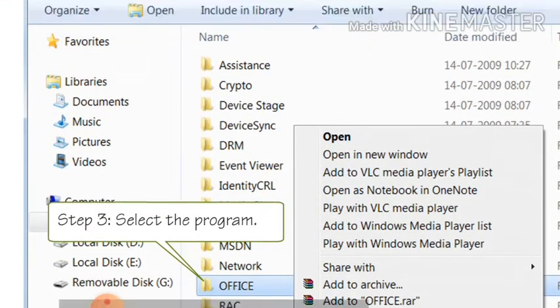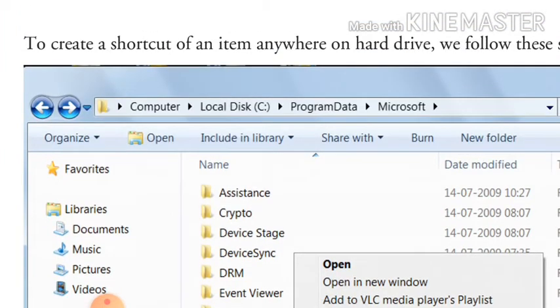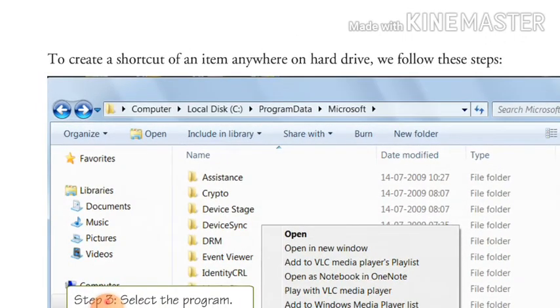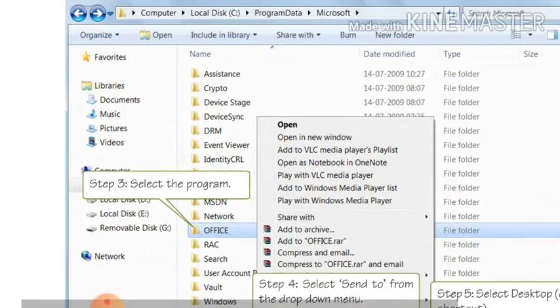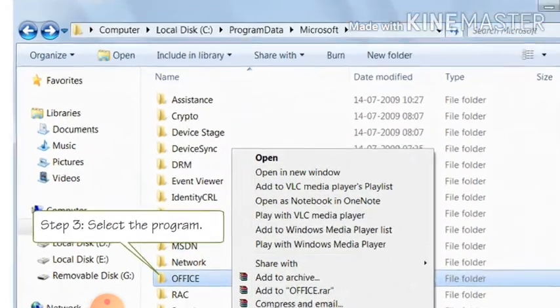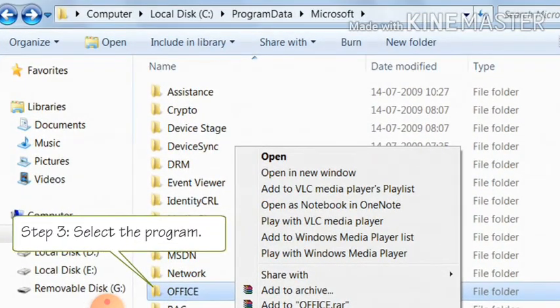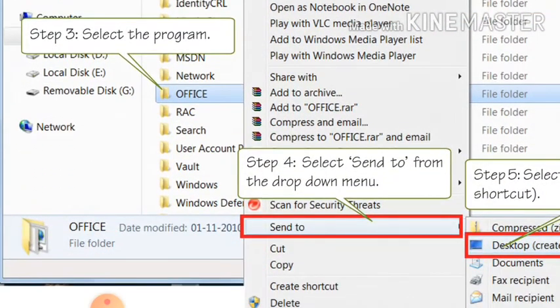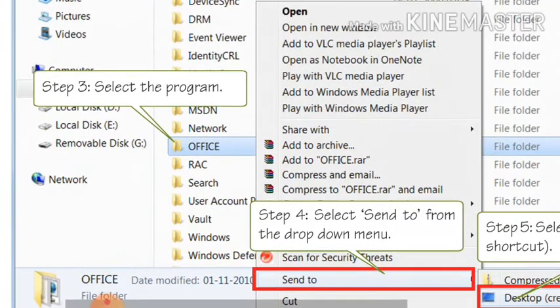Next, see here in the image, to create the shortcut of any item anywhere on the hard drive, follow these steps. You have opened the computer, open the C drive, ProgramData and Microsoft. See here, so many are there. Third step, select the program. First step is open the computer.